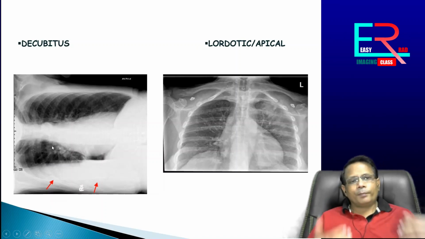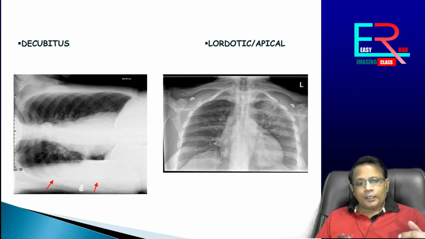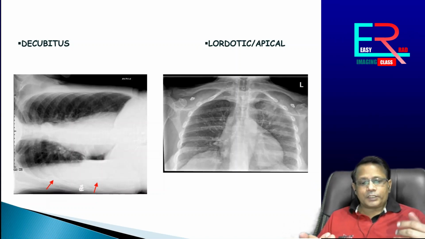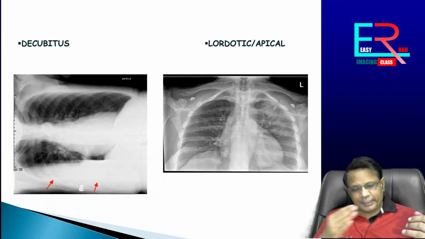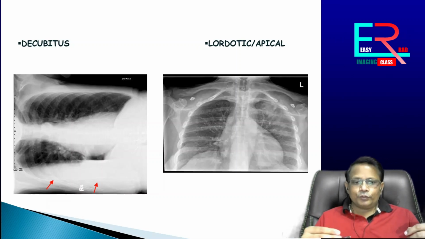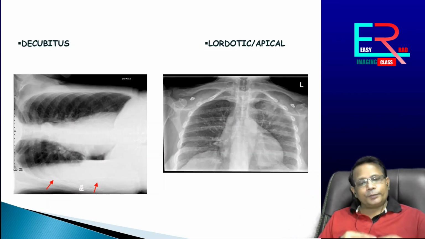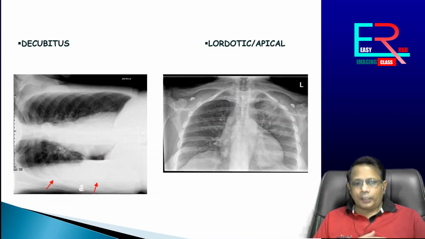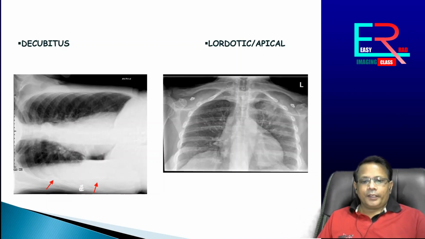In case of subpulmonic effusion, we may not see the exact meniscus or level of the fluid, but in the decubitus view the fluid will trickle along the dependent chest wall,